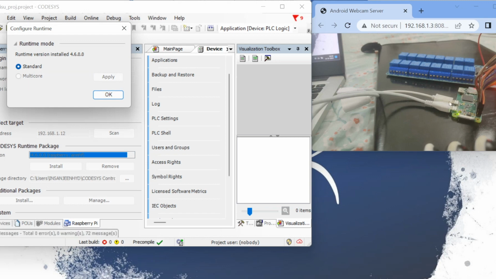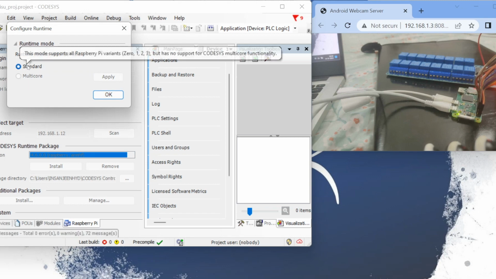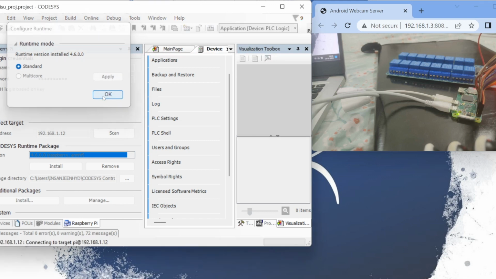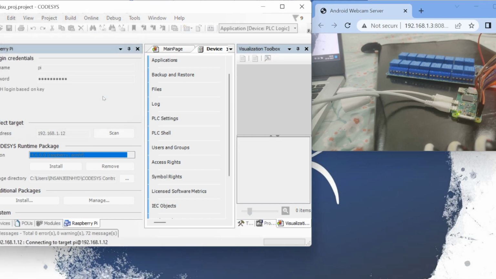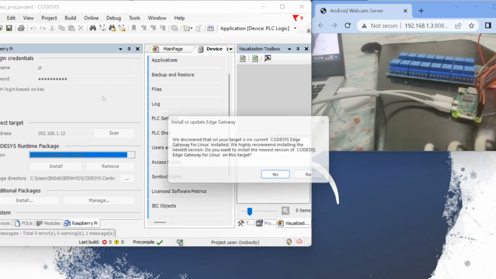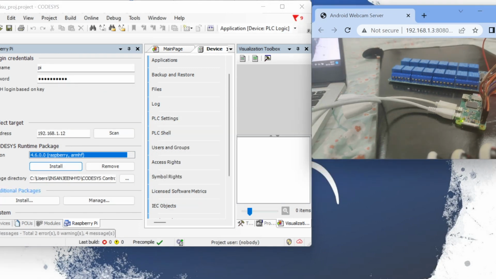For Raspberry Pi Zero, as I'm using here, only one option will be enabled, which is Standard. For Pi 4, we can get Standard and Multicore. So if we are using a Raspberry Pi Zero, we need to select only Standard and click OK. It will then try to set it up, and once it is installed,